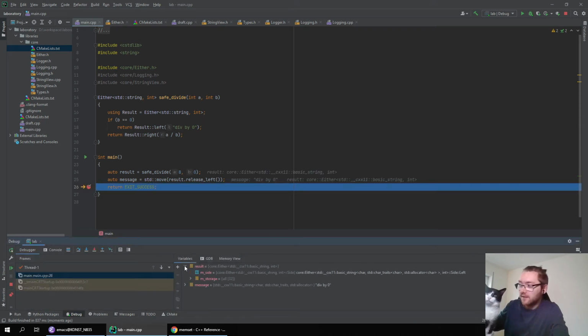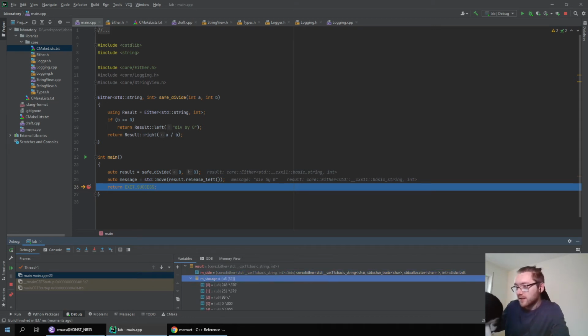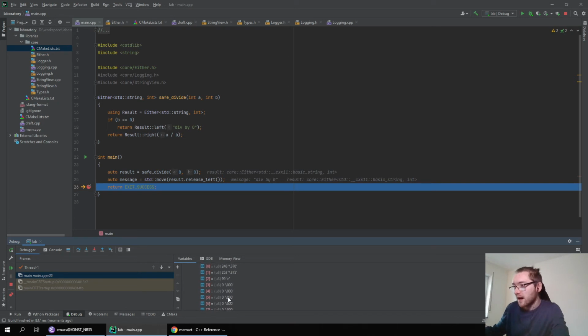Okay, so now I still have a basic string and the storage. So I don't know if this is garbage. Don't want to double free.